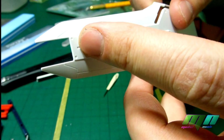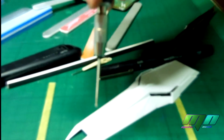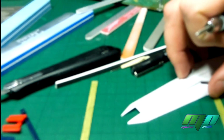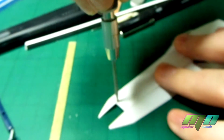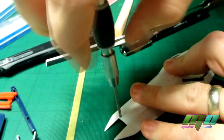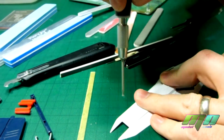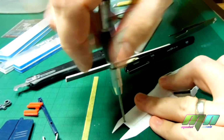Now I've got this one left here to do, I'll just show you that. So let's bring it up. Anyway, I'll probably digitally zoom in during editing. So put that there, just a few turns, a constant but light pressure, and then let's have a little look. Nearly there, a couple more turns,